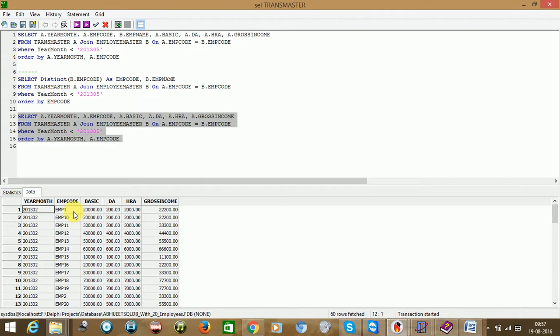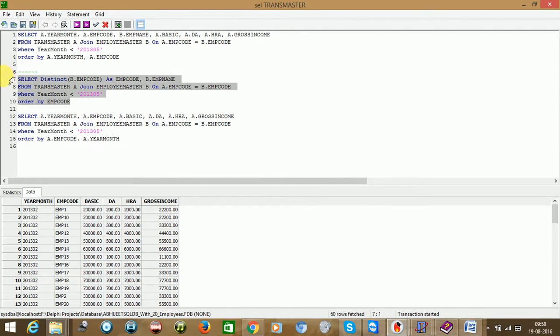See here, employee 1, then employee 10, then employee 11, like this is coming. When you see it at runtime, I will show you that as well. So only one record will come at a time. So just to make sure that you get proper records, sorting is very important in this case because this is design time we are doing. So it is a must to do so.